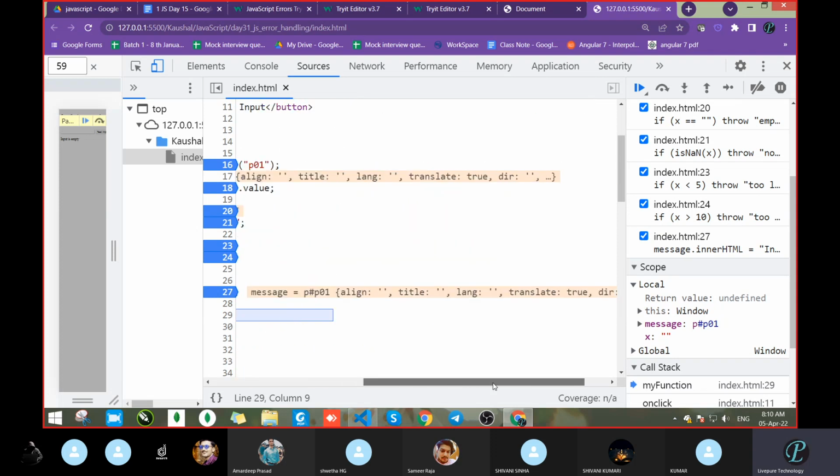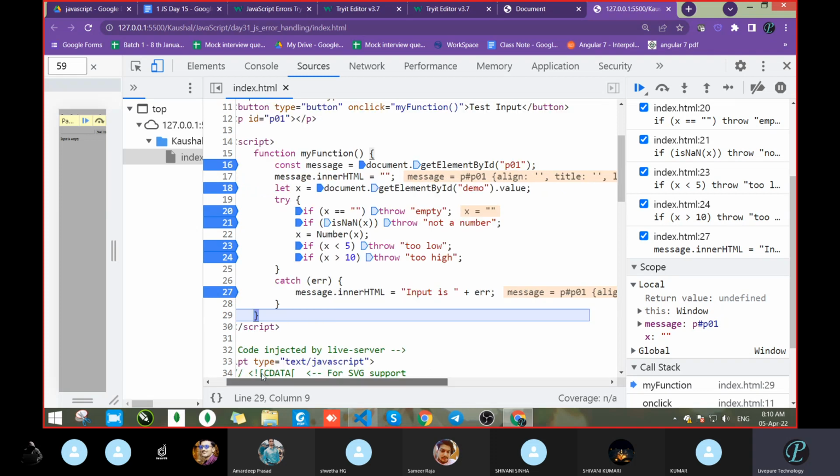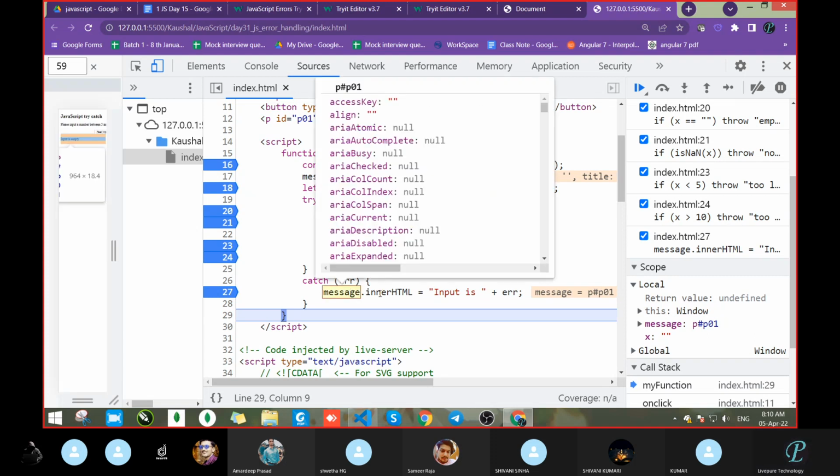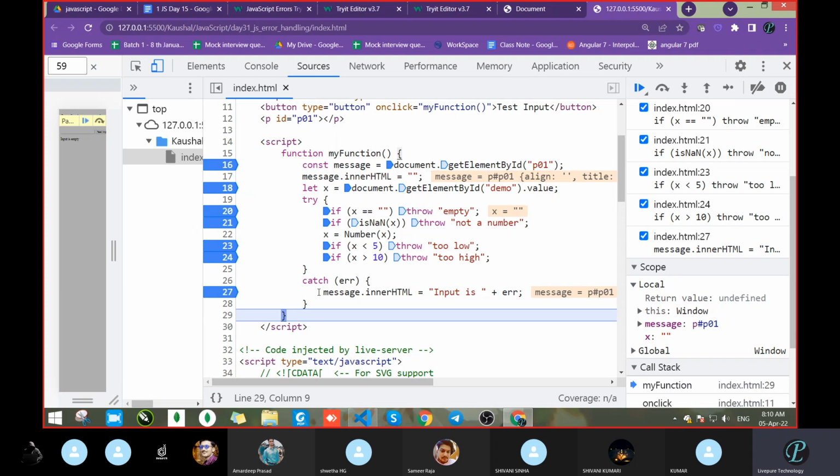Message is P01 or something, inside that many data are being passed. That's why we are getting this much. So the message will be, put cursor. One second. Yeah. So message is input is empty because from where the message came, input is already available here, and this error is coming from the top.